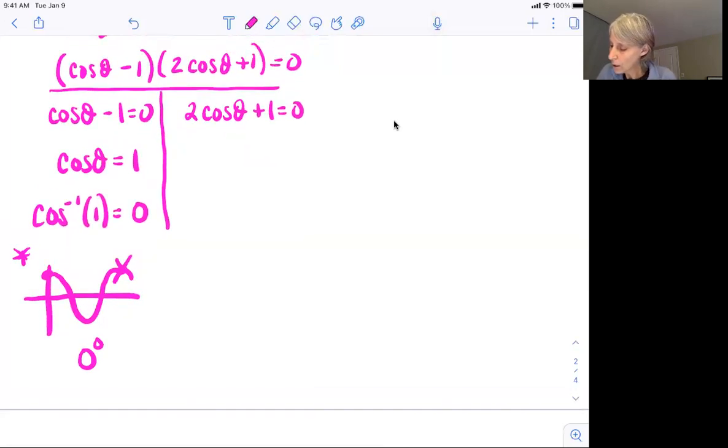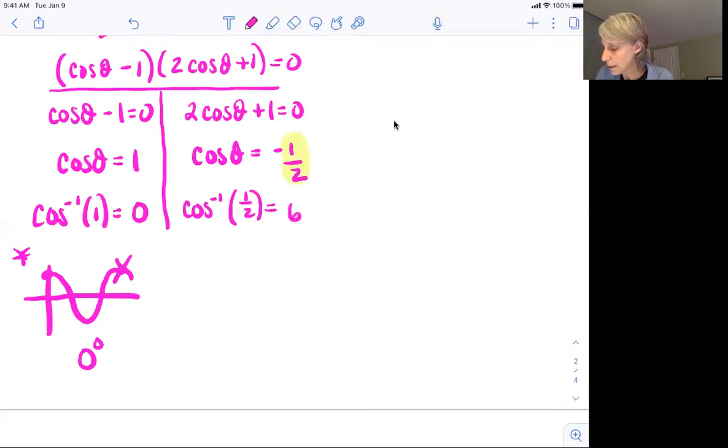Moving back over here to solve for the other factor, cosine theta equals -1/2. So we're going to solve for just the positive function value. I want the angle whose cosine is 1/2. And that's going to be a 60-degree angle. And remember, that's our reference angle. We want to find the value of 60 degrees where